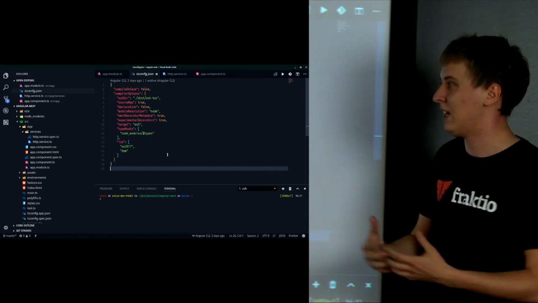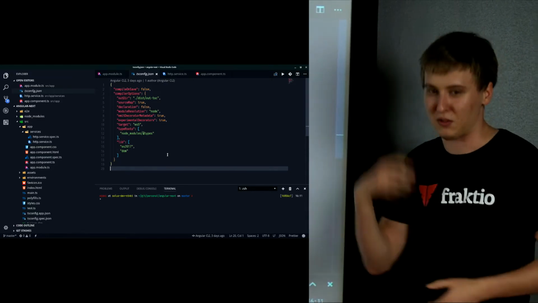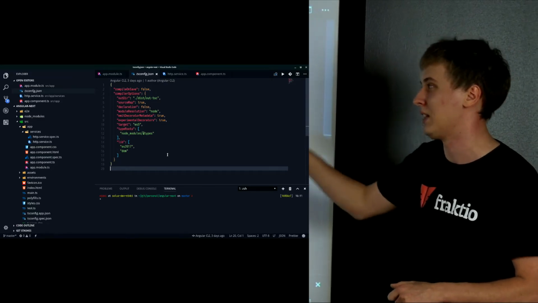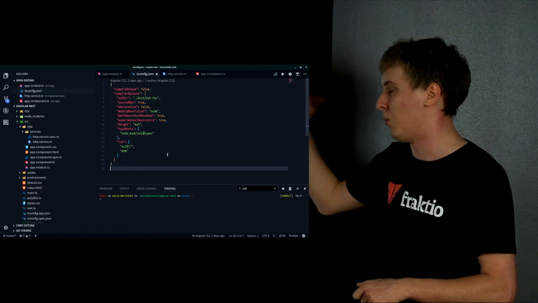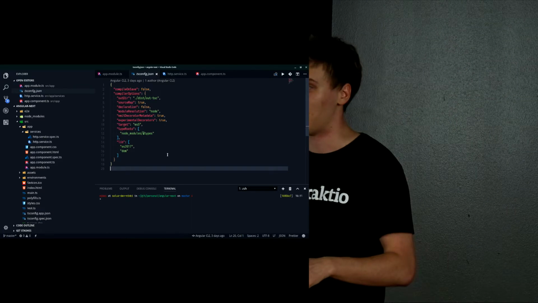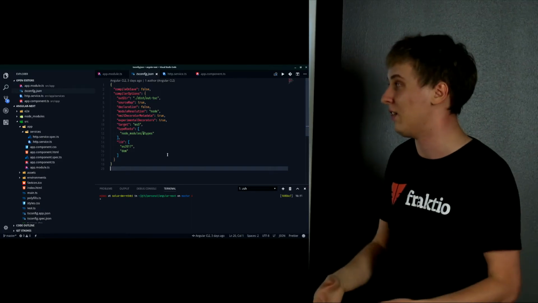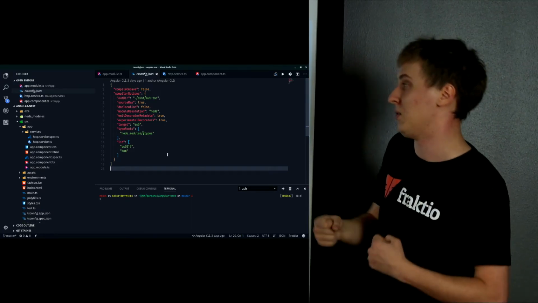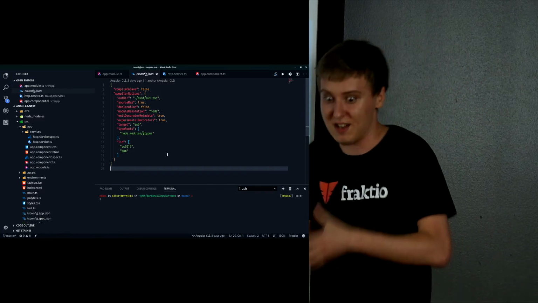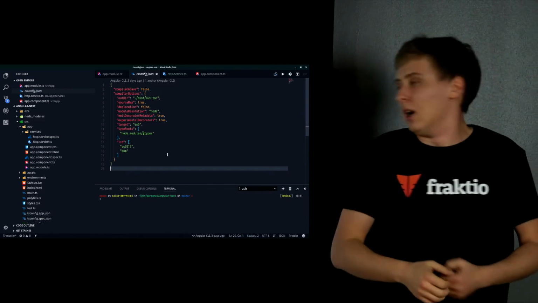So it really helps, in my opinion, at least from the newbie perspective, it really helps you streamline the process. Like if something doesn't work, you just need to change a little bit of config, whereas you need to dive into Babel and Webpack if you want to do a different target development. At least when I tried to do it with Webpack, it felt a bit more complex than managing one file that does everything for you.